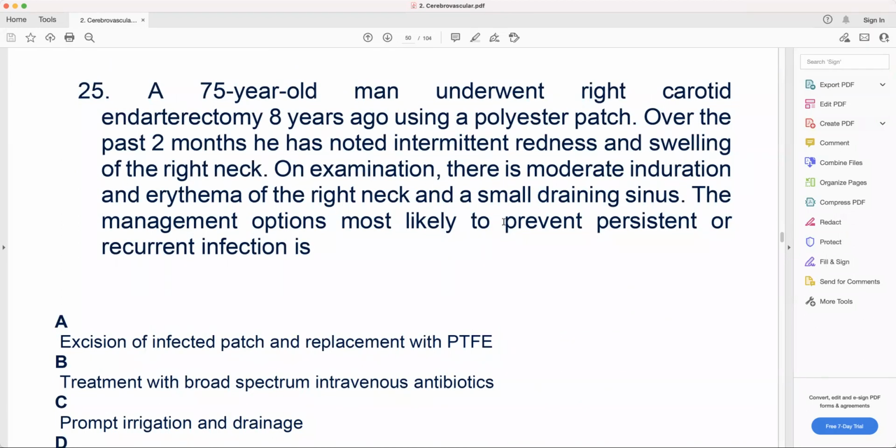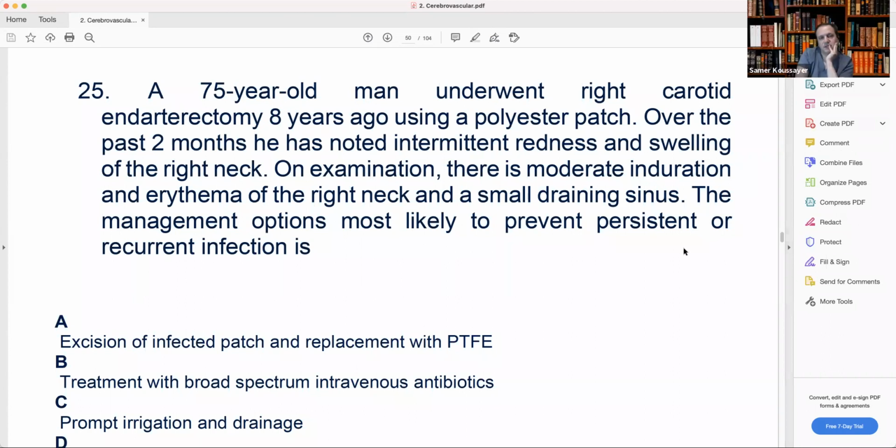A 75-year-old man underwent right carotid endarterectomy 8 years ago using a polyester patch. Over the past 2 months, he has noted intermittent redness and swelling of the right neck. On examination, there is moderate induration and erythema of the right neck and a small draining sinus. The management option most likely to prevent persistent or recurrent infection is: